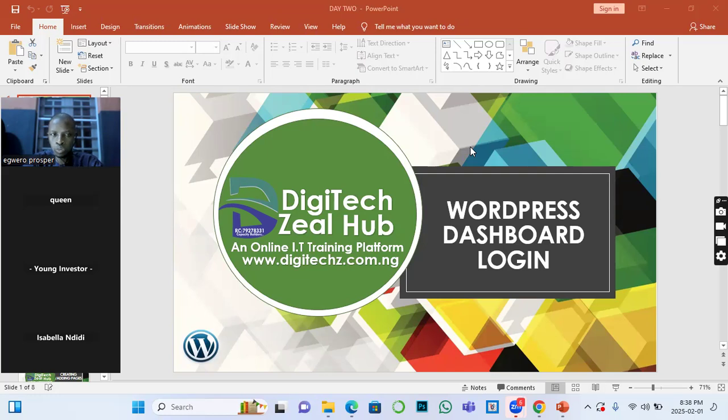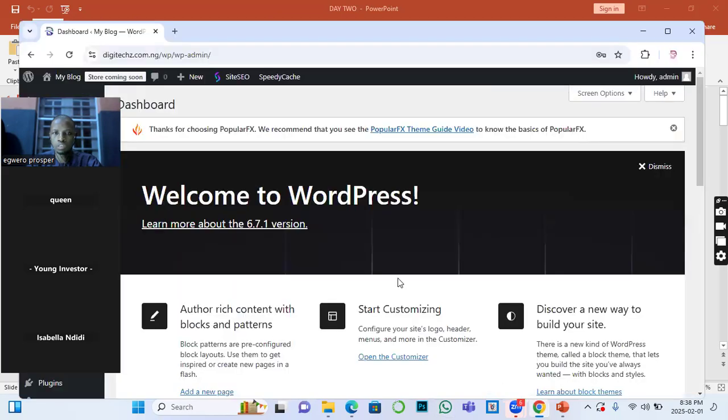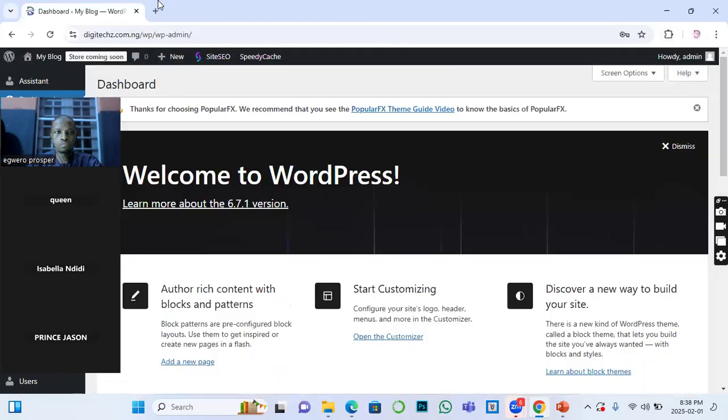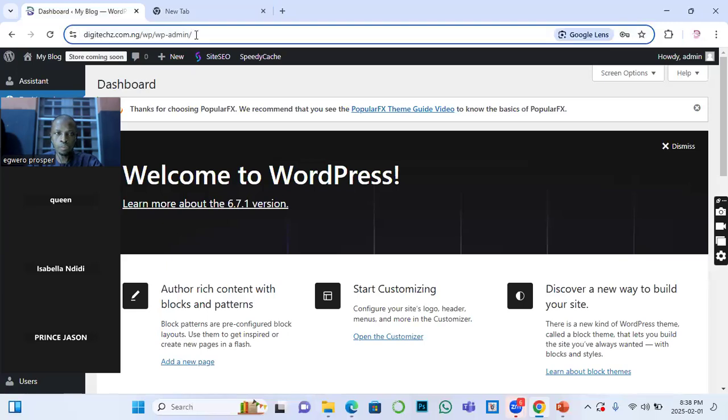You have your password with you, and then you have your URL with you. So let me see if I can just get someone's own. Now, what you do is you open a new tab. So once you open a new tab, you write the full URL,